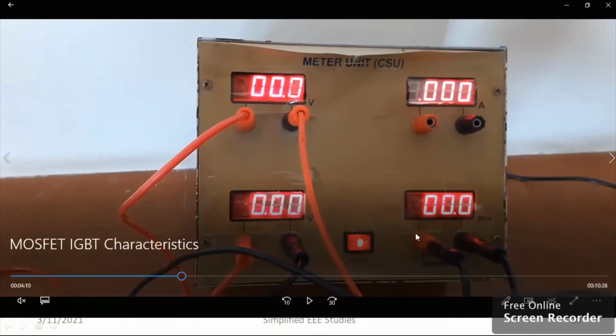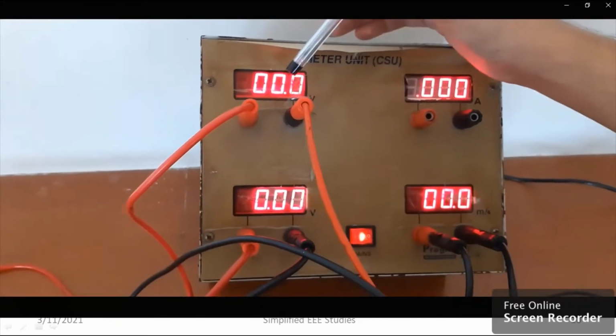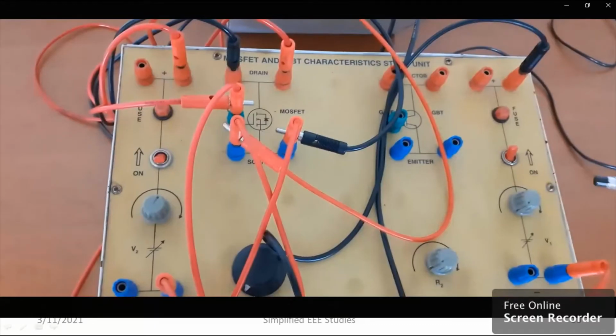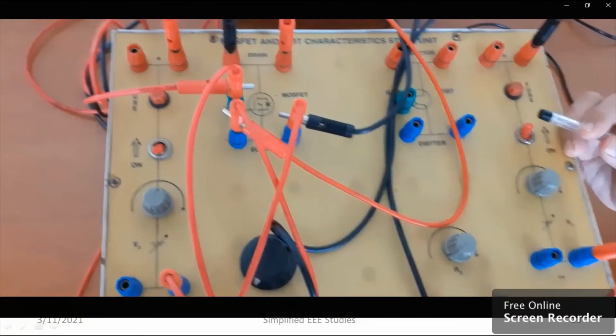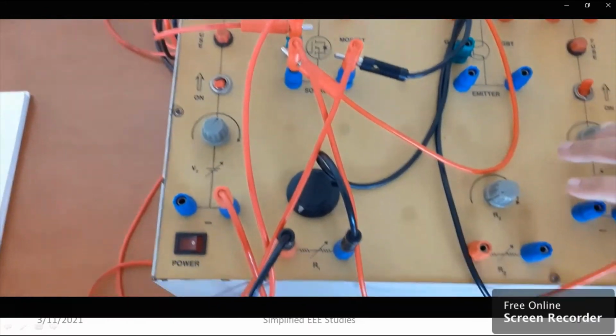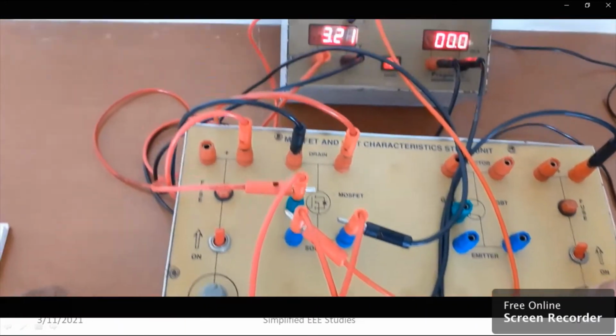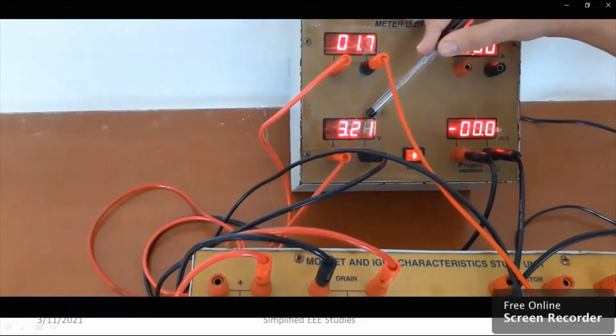Here I wanted to familiarize you with the meters which are applicable for different purposes. Here you can see ID. So this gives ID. Then this particular meter gives VGS. Then this is going to give VDS. So that I am directly pointing out. Fine. Next I need to turn on. Yes, you can use the particular knob to turn on.